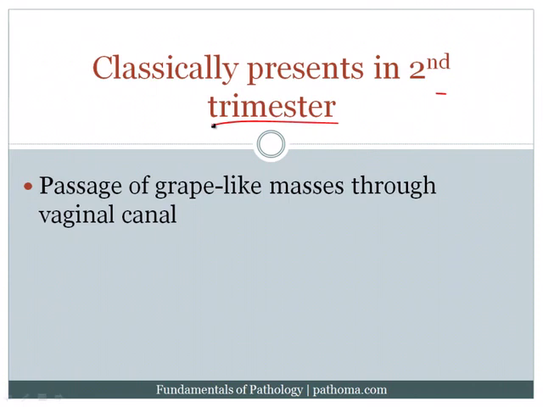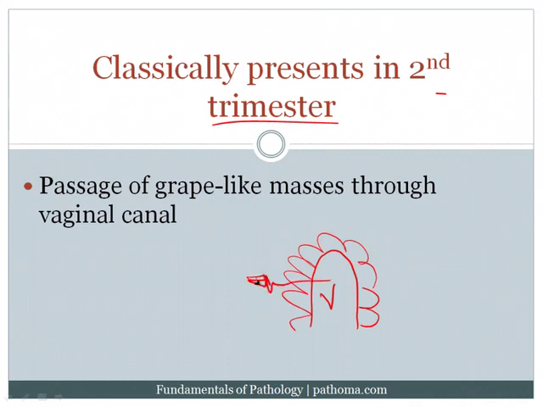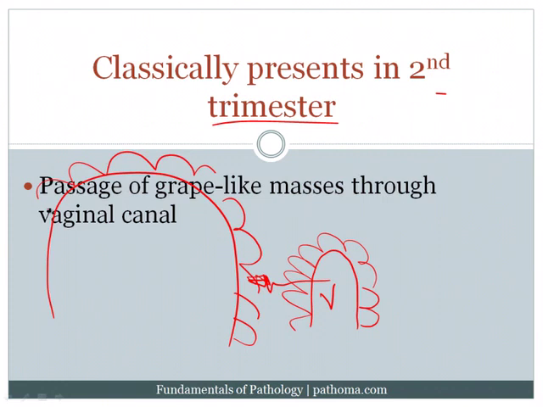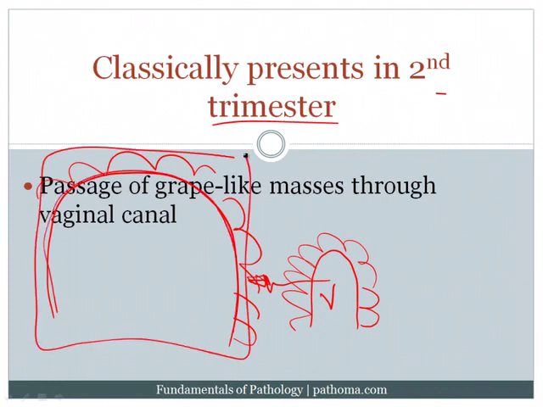Now, what are those grape-like masses? Remember that the normal structure of the placenta, the functional unit, is called the villus. So this would be the villus, and the villus is surrounded by trophoblastic cells, like the cytotrophoblast and the syncytiotrophoblast. Well, in this particular disorder, you've got these abnormal villi, and the villi are very edematous and often surrounded by trophoblasts, sometimes excessive trophoblasts. So it's these large edematous villi that actually pass through as grape-like masses,